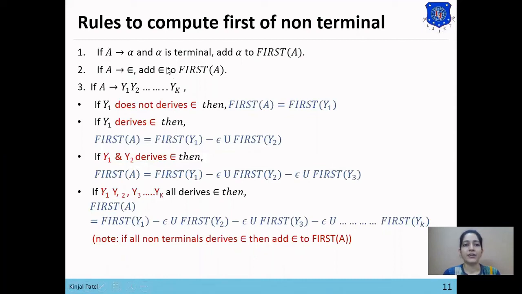If we are finding first of A, then we need to check the production of A. If a terminal is present at the first position of A, then we will add that terminal to first of A. If a null symbol is present at the first position, then we will add null to the first of A. But if a non-terminal is present at the first position, then we will find first of that non-terminal and add it into first of A. But if that non-terminal produces null, then we need to find the first of y2 also, and add first of y2 into A.